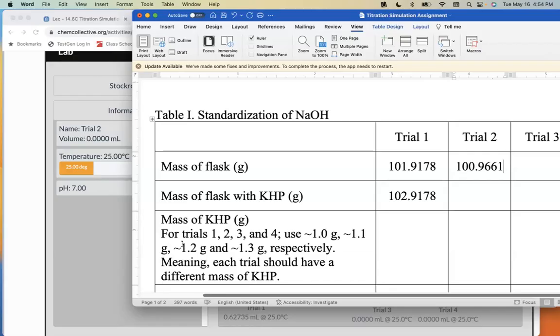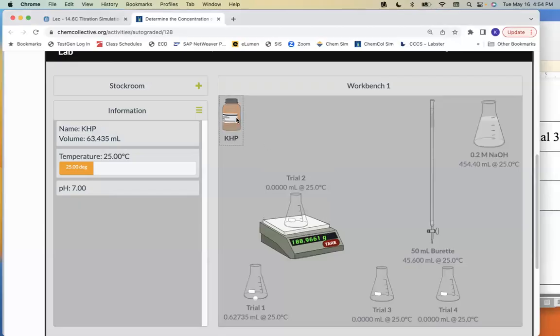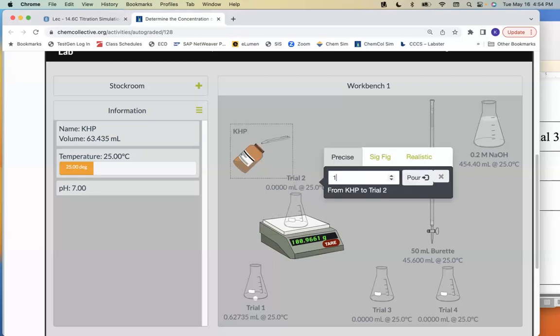100.9661 gram. And for trial 2, I'm told to use 1.1 gram. Click the KHP, move it over, click, hold, and drag, select the flask, let go, and I want to put in there 1.1 gram. Click pour,